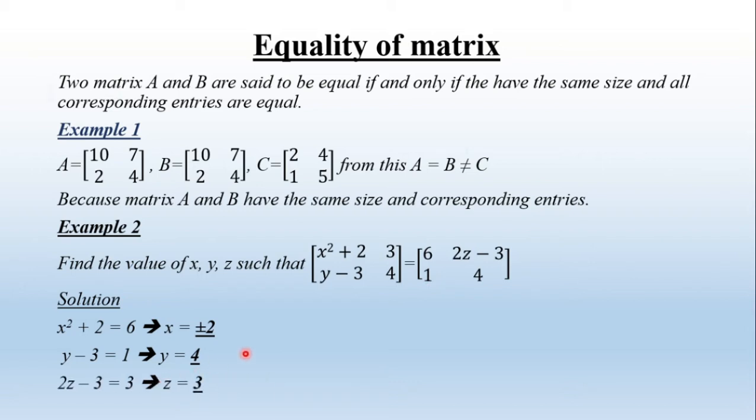And finally 2z minus 3 is equal to 3, the value of z will be 3. ስለዚህ የx y z value ስንት ይሆናል ማለት ነው? plus or minus 2 ለx ነው፣ 4 ለy ነው፣ 3 ለz ይሆናል ማለት ነው።